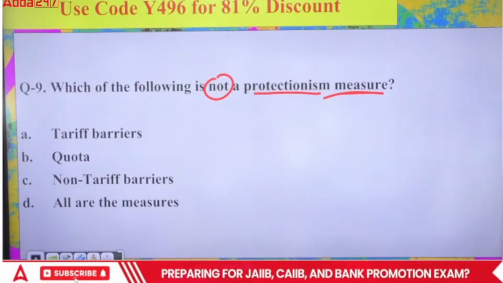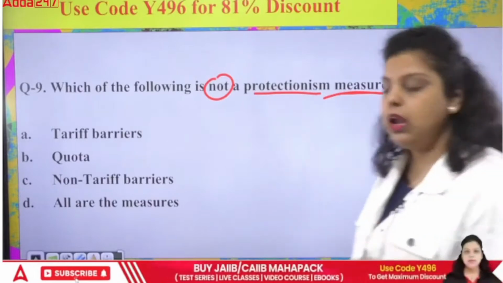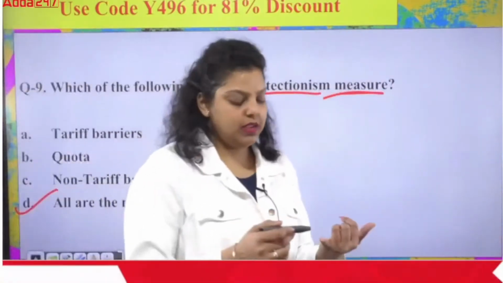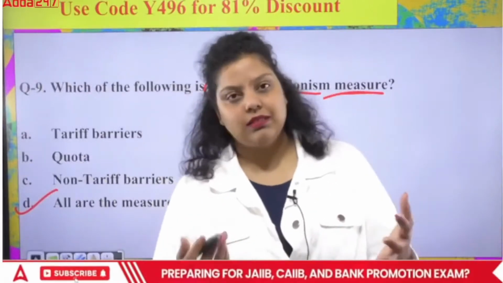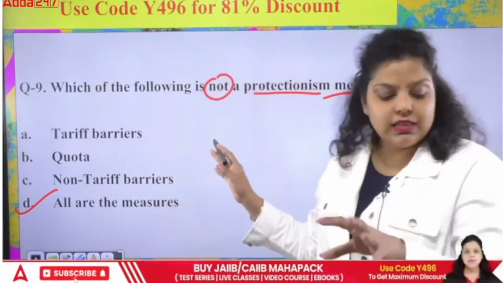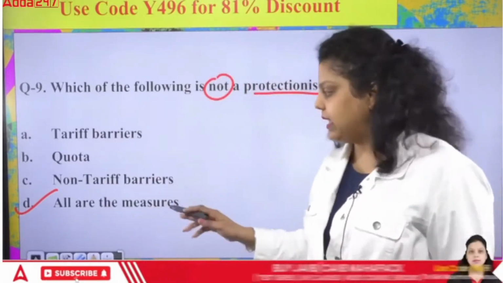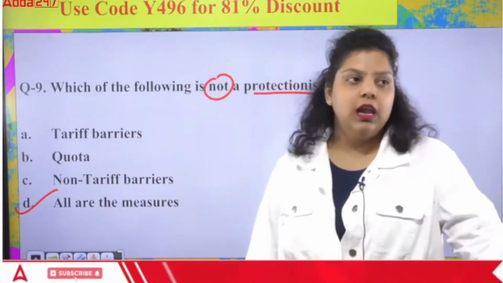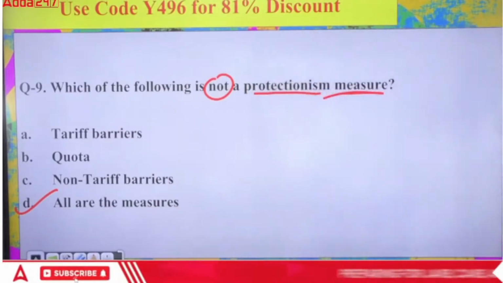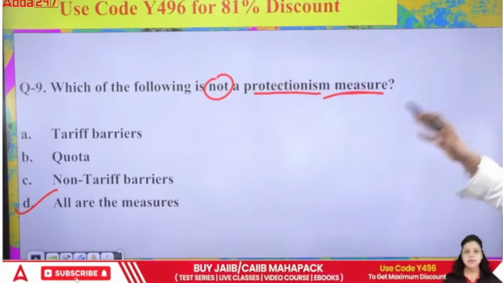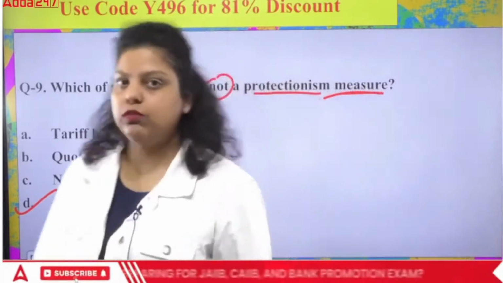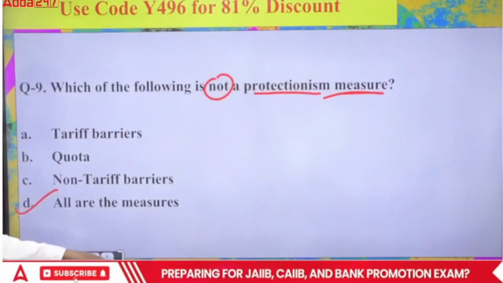Okay, so the right answer for this particular question will be all are the measures. To stop the disadvantages of globalization, we can increase the tariff. Tariffs mean taxes and duties. Second, we have the option to decide the quota, that this amount of import will be allowed only. Then we have non-tariff barriers, like restrictions that can be implemented. By implementing these 3 measures, we will be able to protect the domestic manufacturers and domestic businessmen from the disadvantage of globalization. So the right answer will be D.